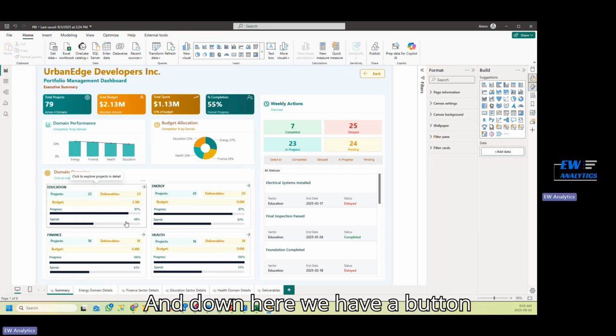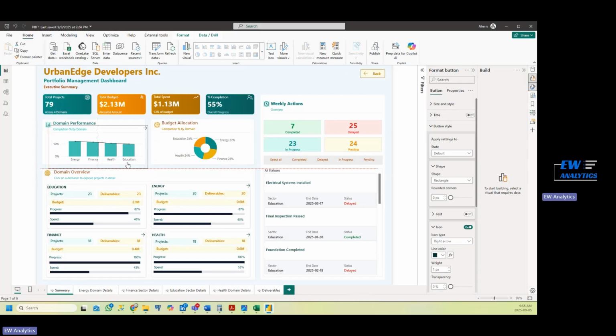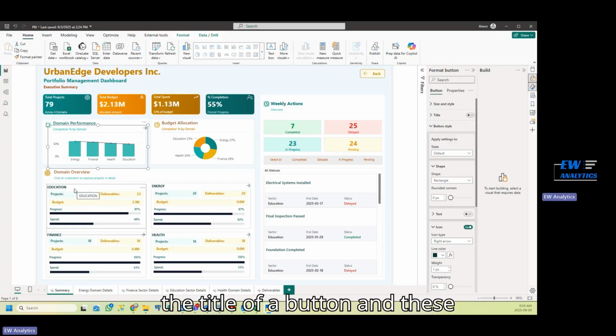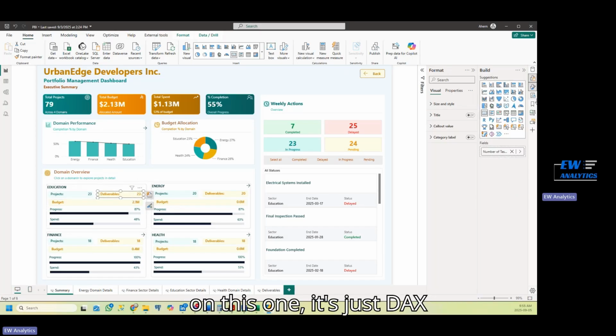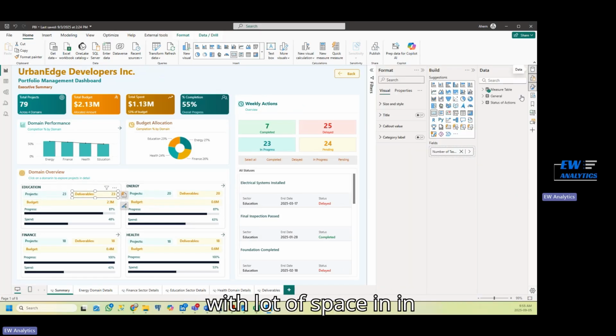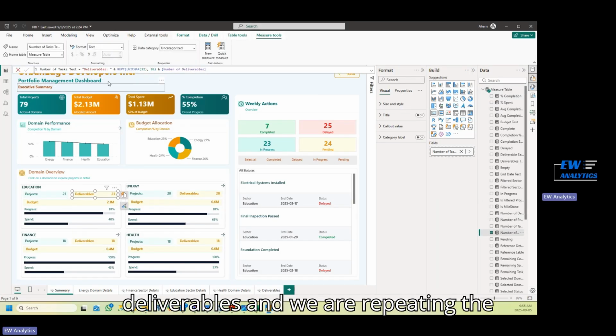And down here we have a button overlaying this visual, but if we move it up here, we have the title of a button, and this card, like normal cards, not the new card visual. So if we click on this one, it's just DAX with a lot of spacing in there. So we are showing deliverables, and we are repeating the space